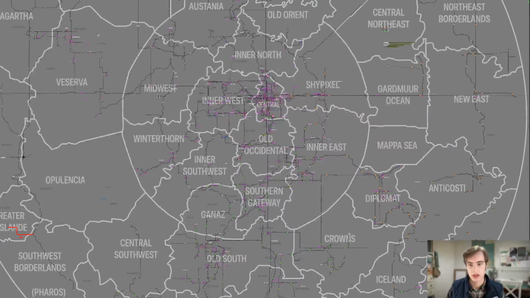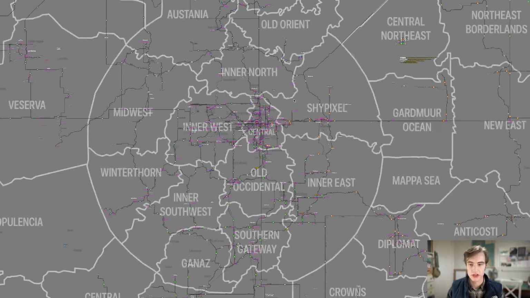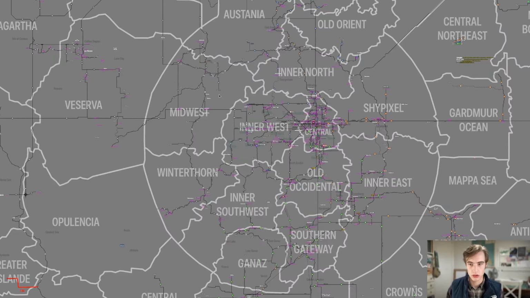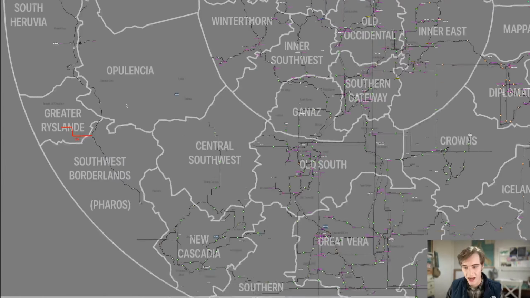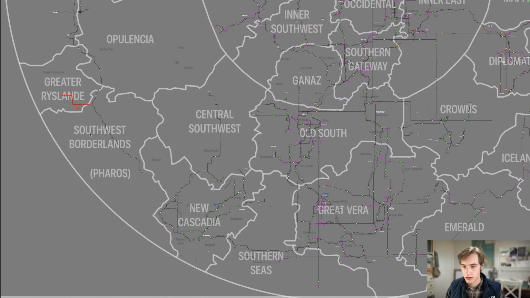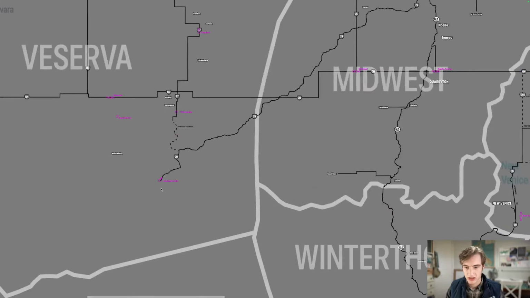What this map also shows is the regions. These regions have been roughly decided by the community. They're not finalized at all, and it's a very small subset of people who've actually been working on deciding where the regions are. But every region does have a name for now. So that's what it's been split up into. And you can see here